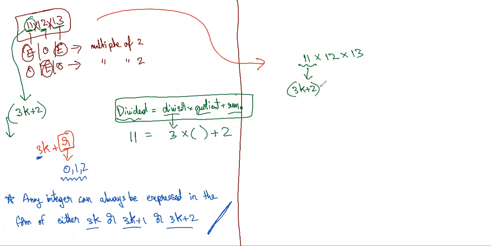Now I have a logical question. If this is 3k plus 2 form, then naturally the next consecutive number will be of the form 3k. And the number which will come after 3k, that will be of the form